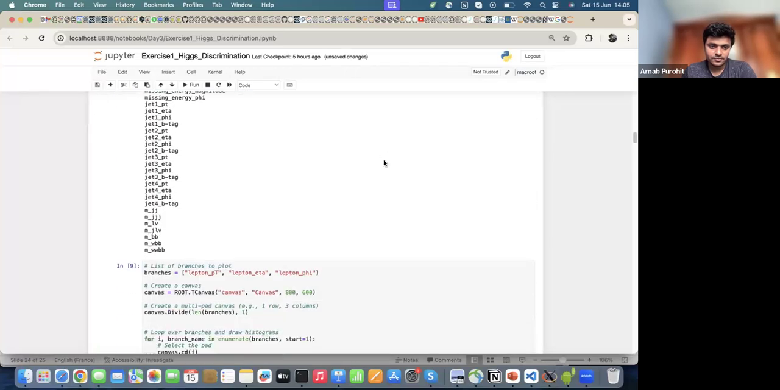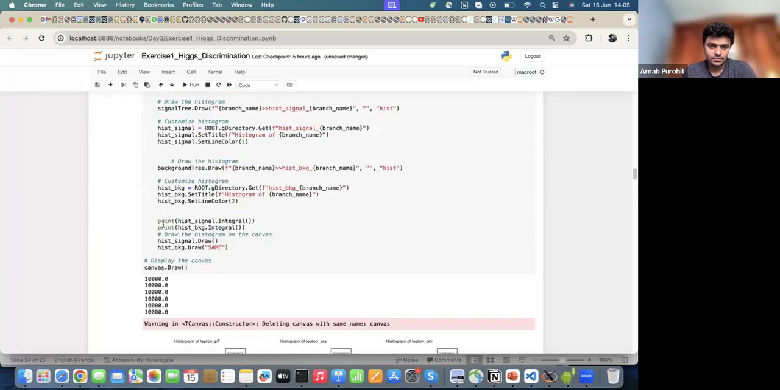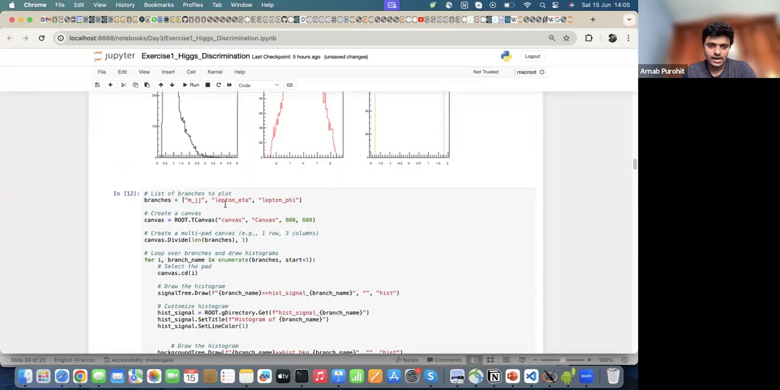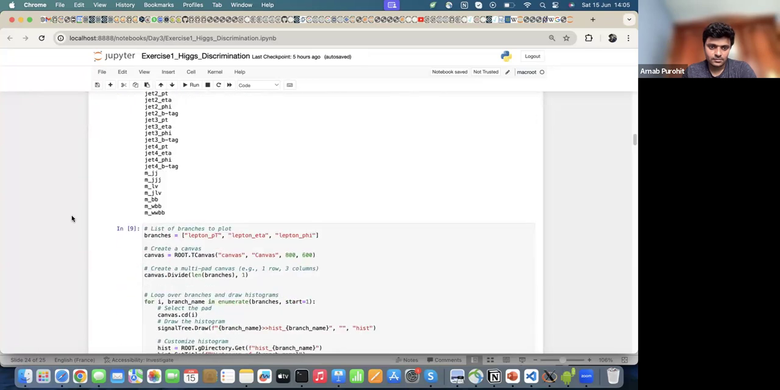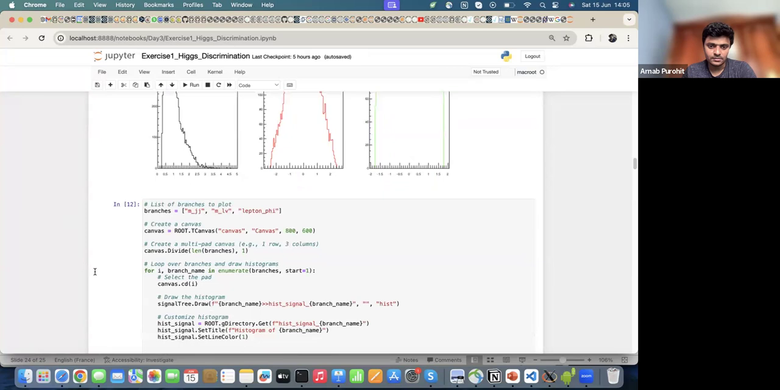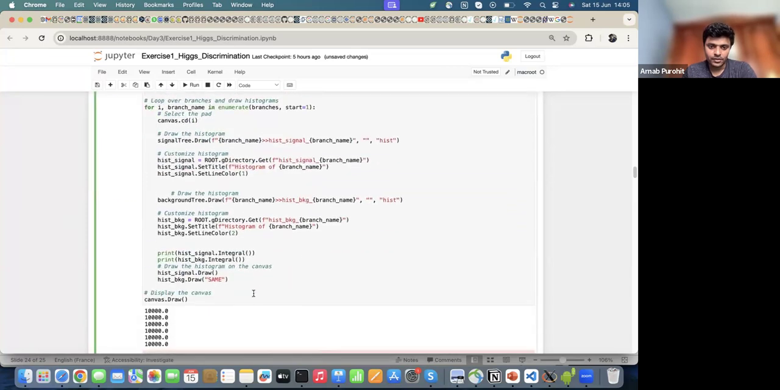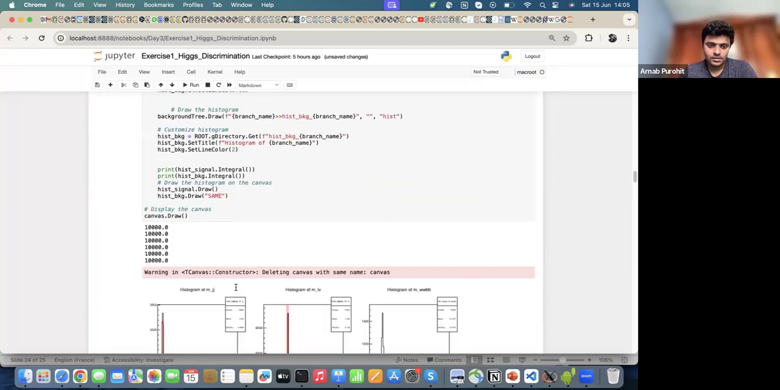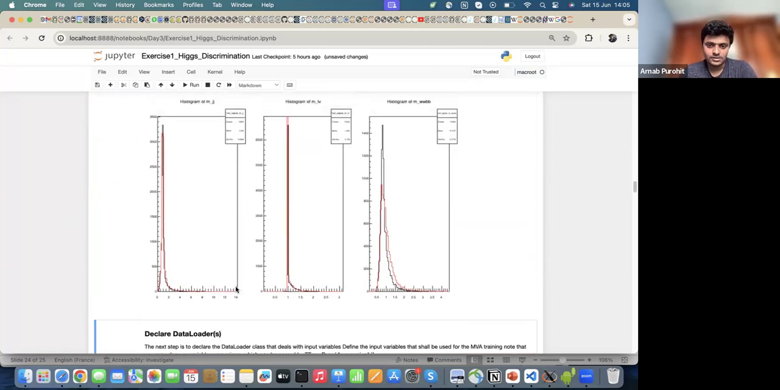And then maybe ml new. We are just randomly selecting some of them, obviously. And mwwbb, let's say. Okay, and you draw them. Okay, so as you can see, they have some distribution, but obviously